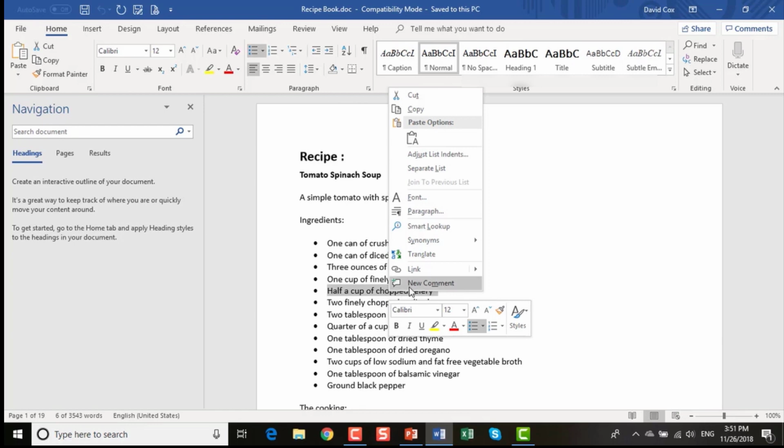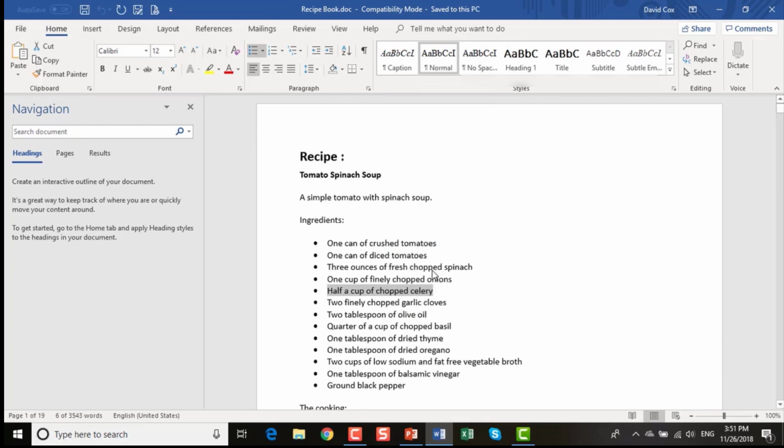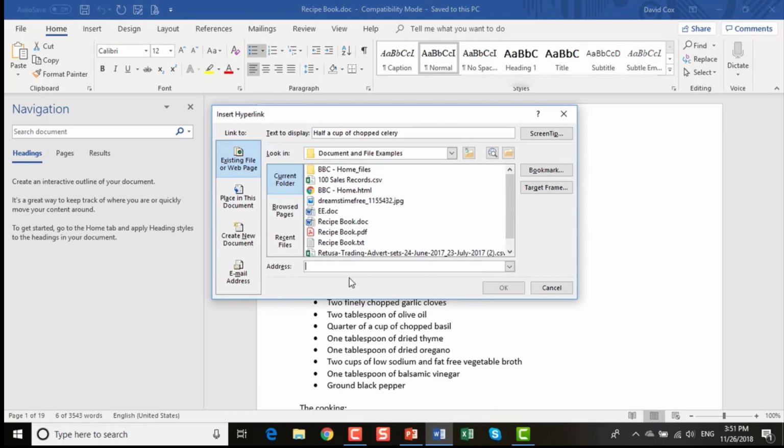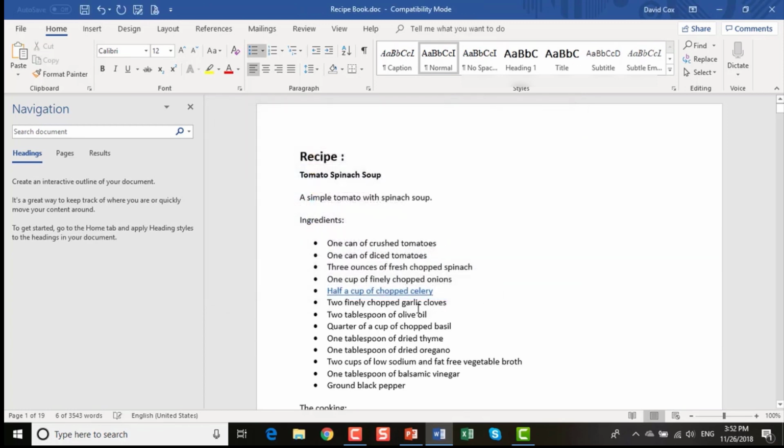So if I can go to link, then what that means is that I can insert a link, and I've got one saved, which is the name of our website, beuptodatenow.com. Click on OK, and now what happens is that under this bit of text which says half a cup of chopped celery, if I click on that, and I need to hold the control key down to do it, then it's going to take me through to the main course that you're working on at the moment, and that is